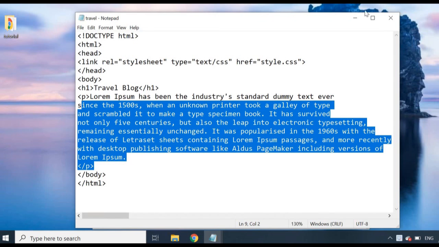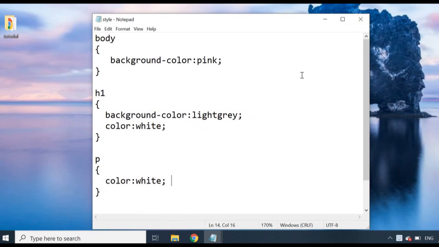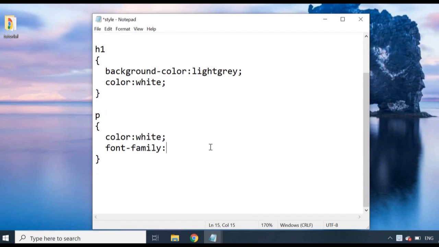So let's go into our CSS file. And since it's the P tag here, I want to change the font family for that. So I'm going to go here. On the next line, I'm going to put in font-family. I'm actually going to move this down so you guys can see. And then my colon. Now what the font family does is it defines the font for this specific element. So in this case for P, I want my font type to be, for example, Arial. Now you need to put in quotation marks here because that's just how it works, and also the semicolon